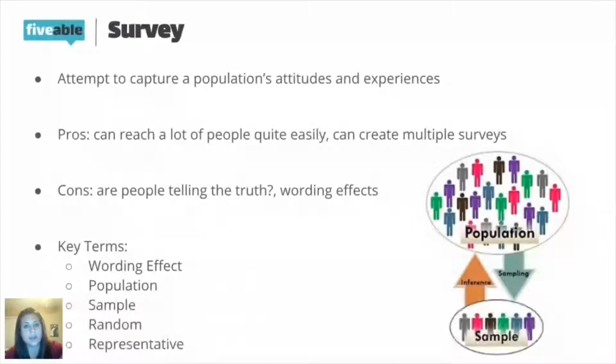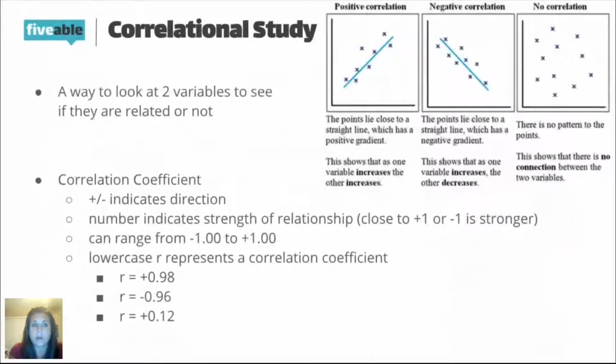Then the last descriptive method would be a correlational study. This is just taking two variables and trying to see if they're related or not. We plot them on a graph and then look at how the data is spread out. On the top there, we have a positive correlation, which is where we can see